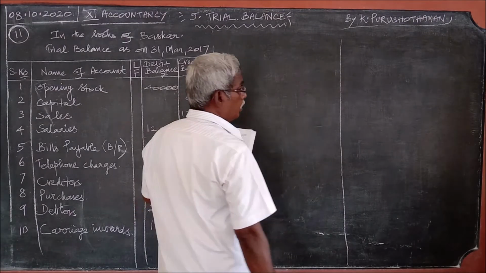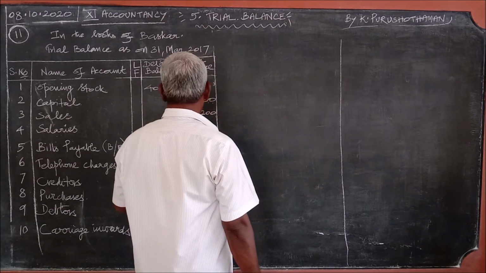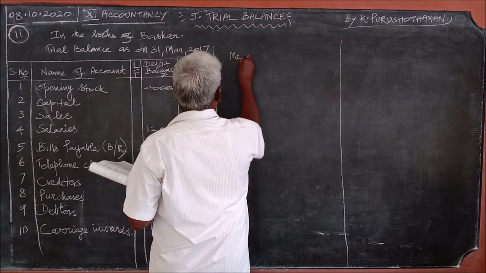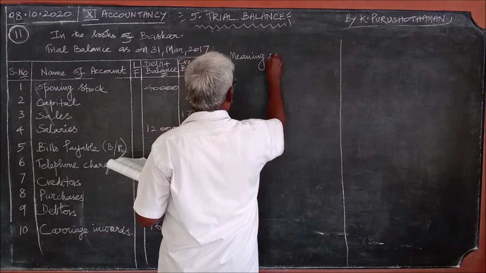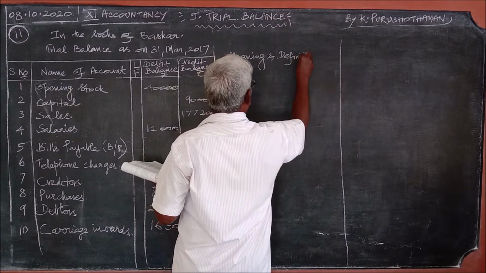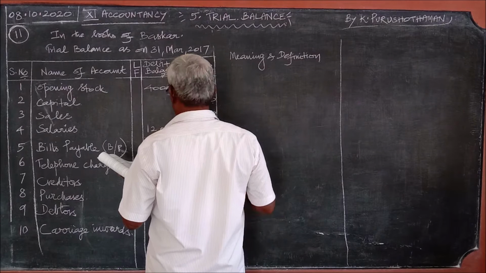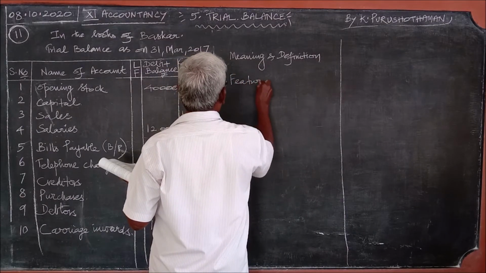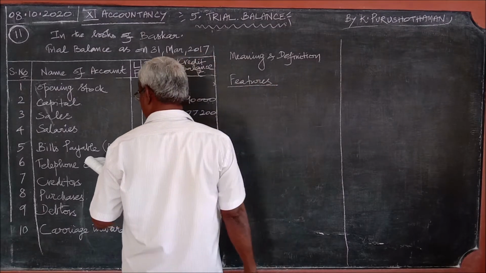We shall pass on to the theory part of this chapter, trial balance. What are the theory parts? One, meaning and definition. Then next one, features. Under these features,